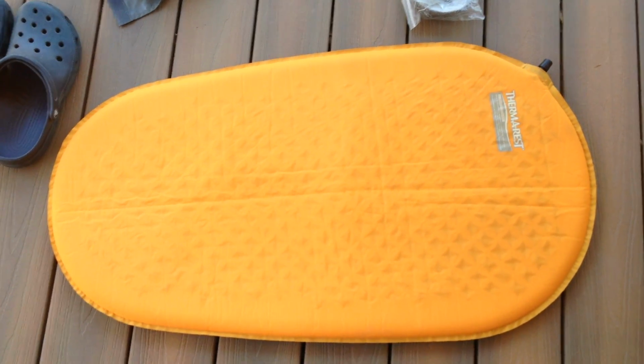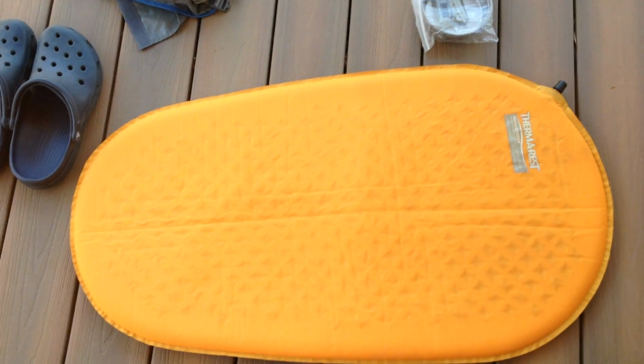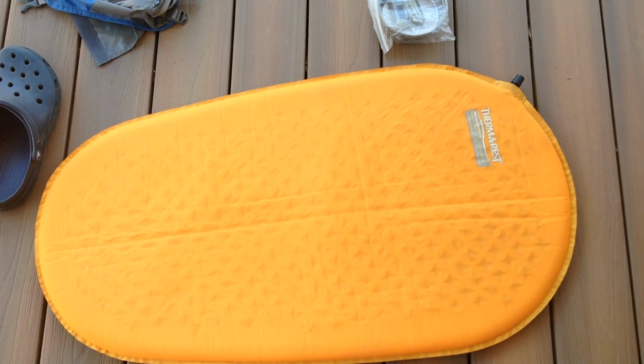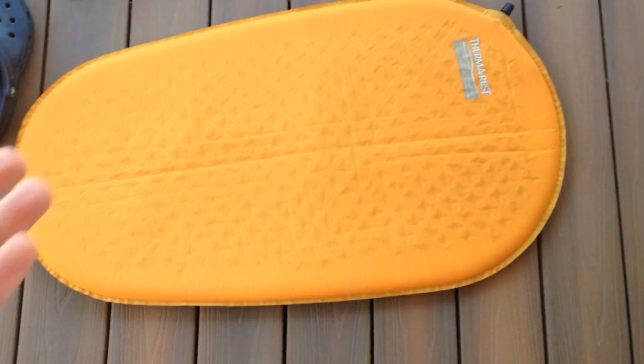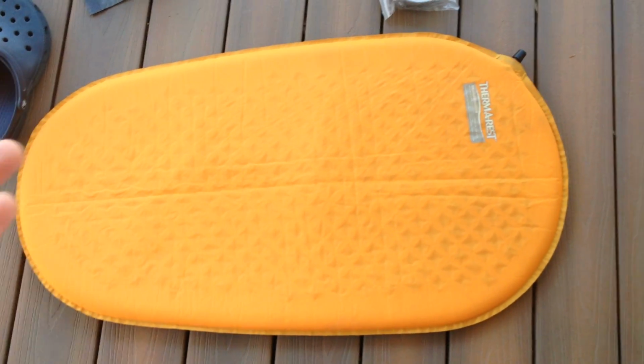I don't think I'm ever going to do the inflatable pad again. It's just, once it's popped, it's dead weight. You can't use it for anything unless you fix it. And finding those tiny little puncture holes is really difficult. It's not easy unless you have access to a bathtub. Even then it's kind of hard. It took me a while to find the hole on this. I did patch this when I got back after I finished the trip so that it wouldn't just be garbage,